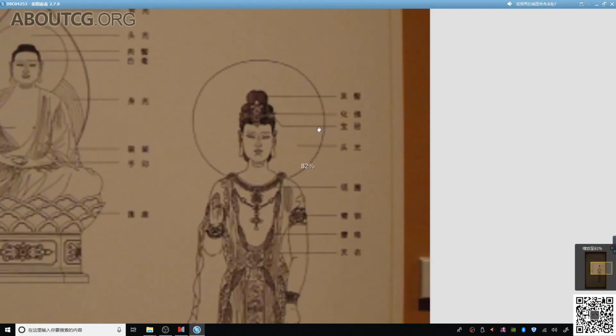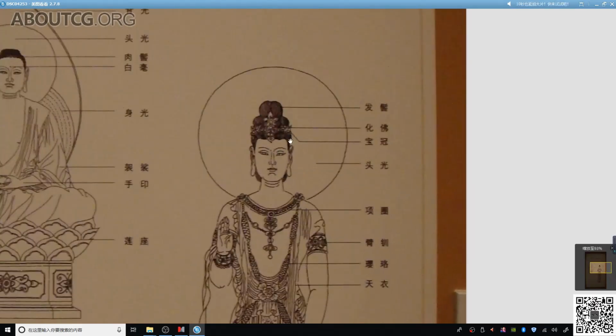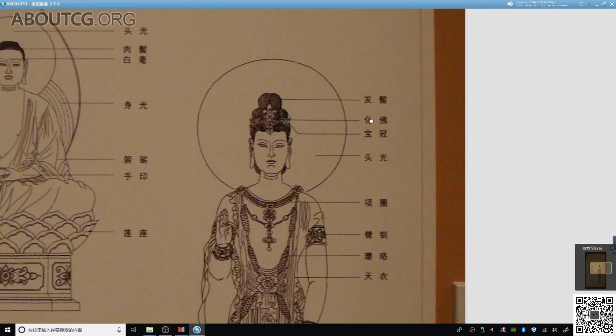Well, the Bodhisattva can be categorized. Besides the body, things can be categorized into hair strands. This refers to the form and shape of hair. Based on understanding, this type of hair strands and their shapes was influenced by many factors from that era. Take the Tang Dynasty, for instance. Many bodhisattvas exhibit this style of hairstyle. It's directly influenced by the popular women's hairstyles of that era.